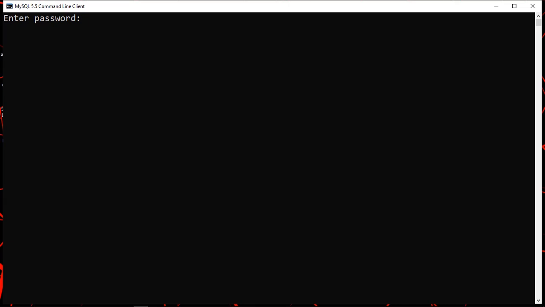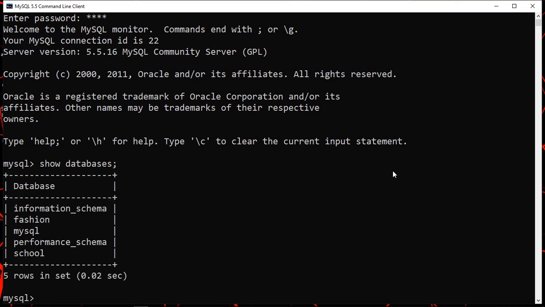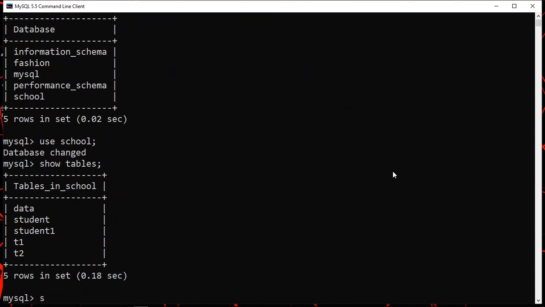So let's begin. Let's enter the password. Then we are up at our MySQL interface, and first of all, as usual, let's see the databases. SHOW DATABASES; press enter. Here you are up with the databases. Now we need to use the database. Let's move to USE school; press enter. The database is changed now. Then SHOW TABLES; here we go for the tables. We have to select the table data so we can see the entries of that particular table. So it is SELECT * FROM data;